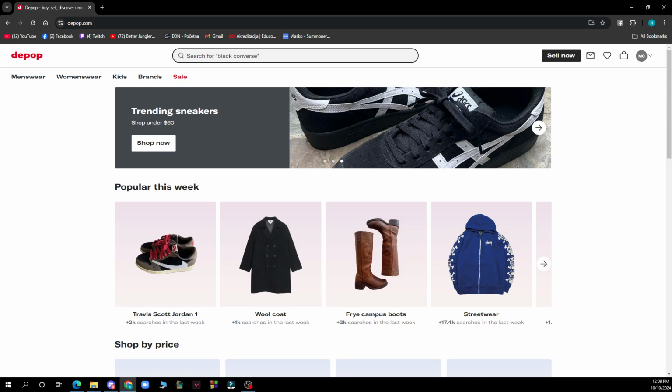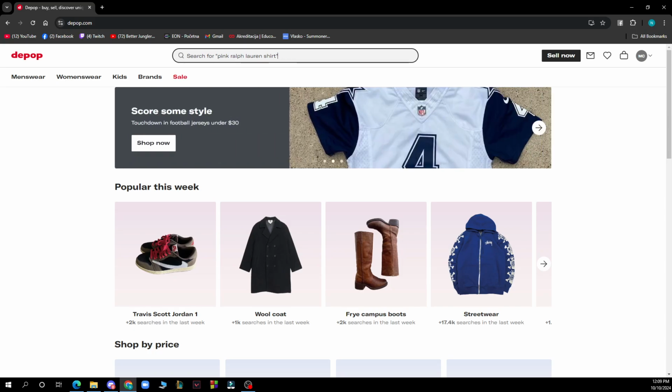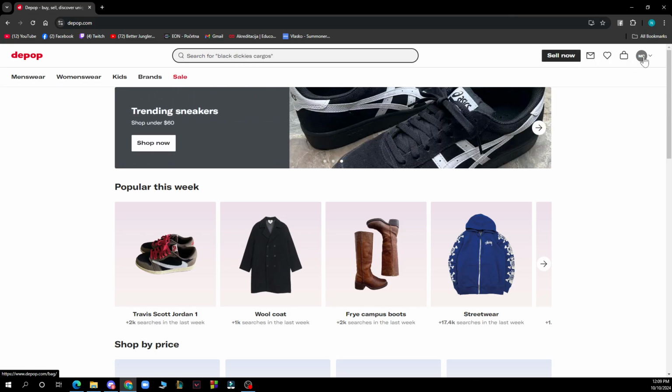But now guys, let's see what we have in front of us here. So as you can see, in the top side of the screen, we have the search bar, where you can go and search for anything, of course. Then in the top right corner, we have the Sell Now button. We have the, of course, messages, the likes, and in the top right corner, your profile, and a bunch of